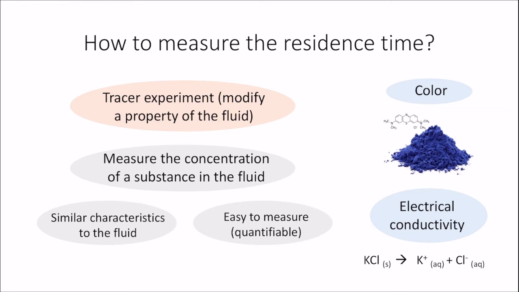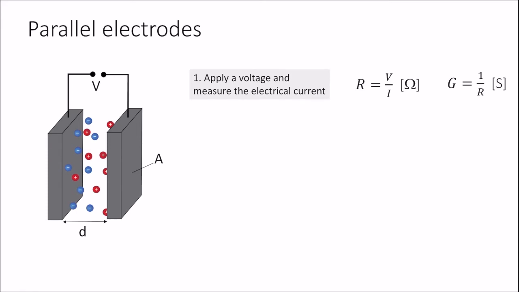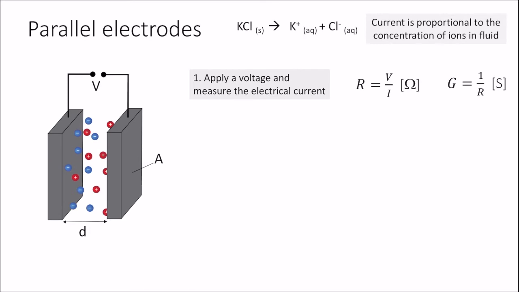distribution of our reactors. To measure the electrical conductivity and hence the concentration of potassium chloride, we use parallel electrodes as the measuring system. Here, we apply a voltage and measure the electrical current. Because potassium chloride dissolves into positively and negatively charged ions, dissolving different amounts of potassium chloride in the fluid will change the conductivity of the fluid. And the current that we will measure is proportional to the concentration of ions in the